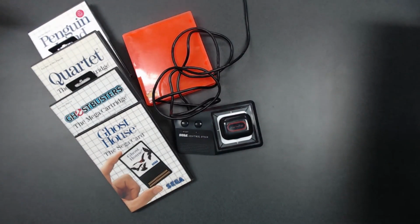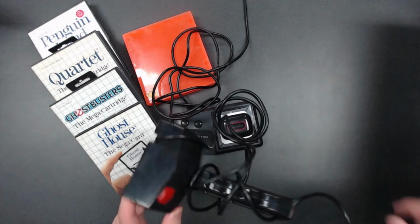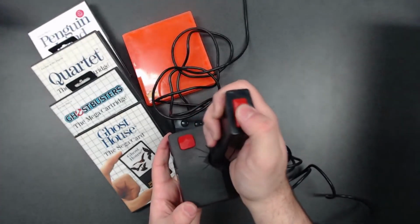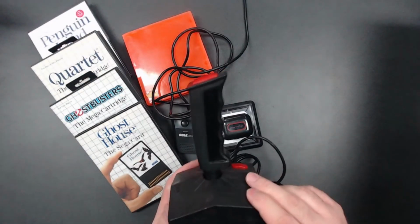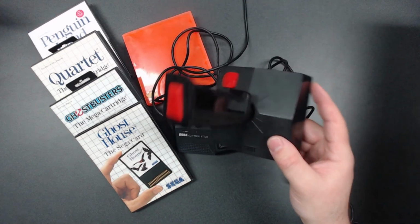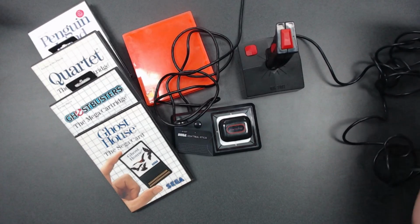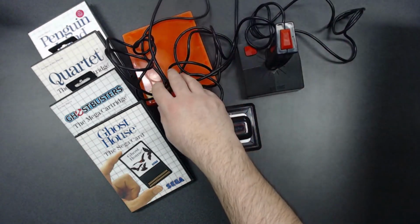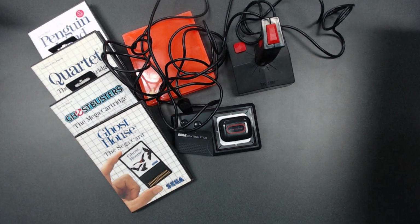And then we've got another controller in here. And this is the Big Shot joystick for the 2600. This one's really cool, really cool looking. Nice, decent joystick. I don't think anyone really bid on this one. This one went for, I don't know, 10, 15 bucks or something like that. But this one here, I don't think anyone bid on it at all. I think I picked it up for like $2. It's crazy. It's got a really, really long cable too. So I'm going to try this out on the 2600 Plus and the Retron 77. If you guys want to see if it works, just keep an eye out for those bids. And I think that is it for